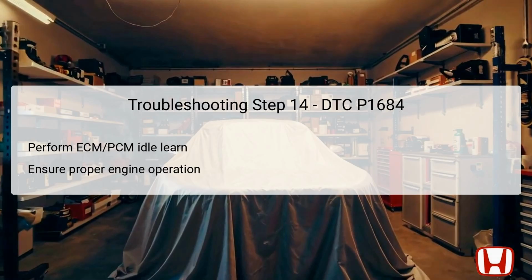It helps the vehicle achieve optimal performance by aligning its operational settings with the current engine setup. Failing to execute this step could result in poor idling performance, stalling, or erratic engine behavior. As a result, confirming the engine operates smoothly post-repair solidifies the successful completion of resolving the issue related to DTC